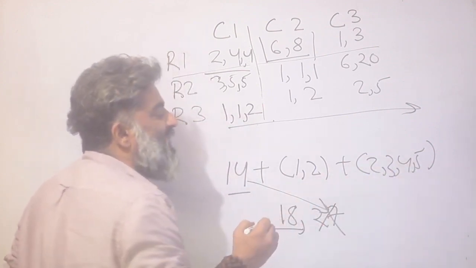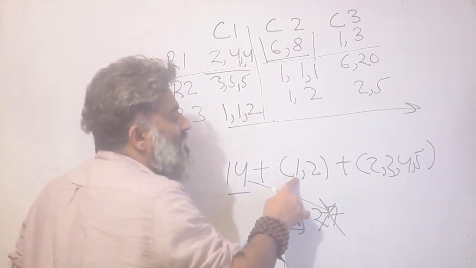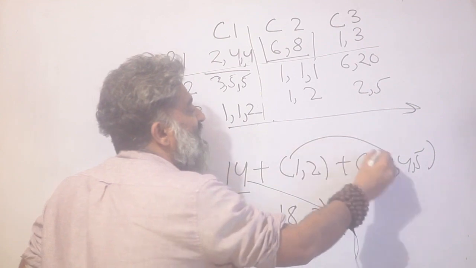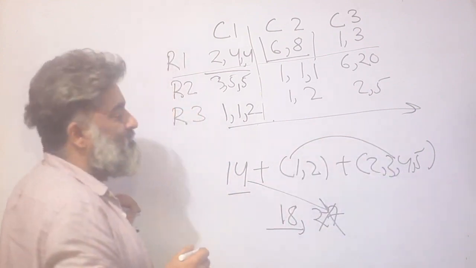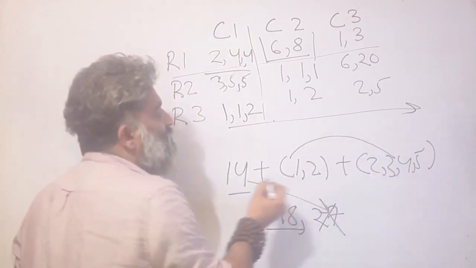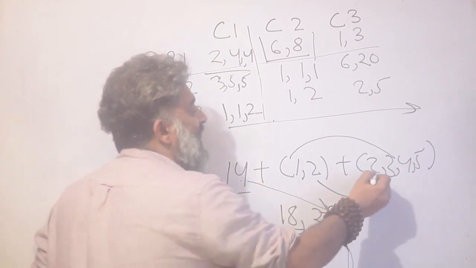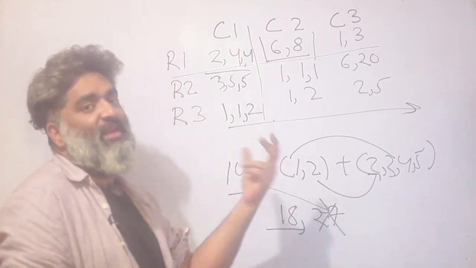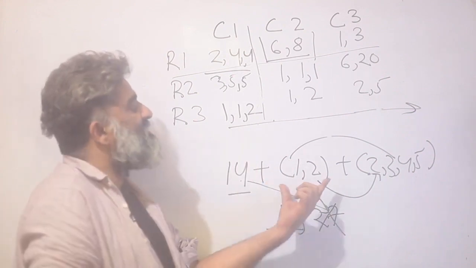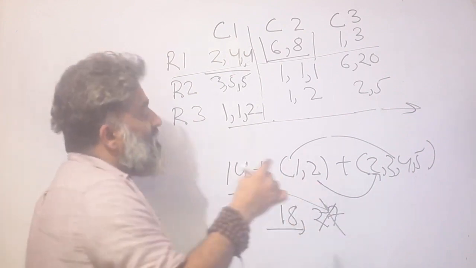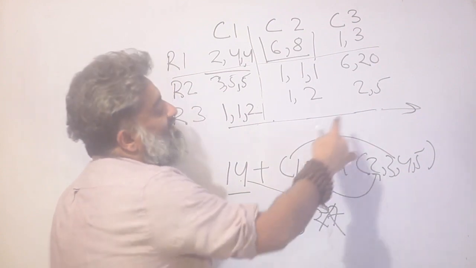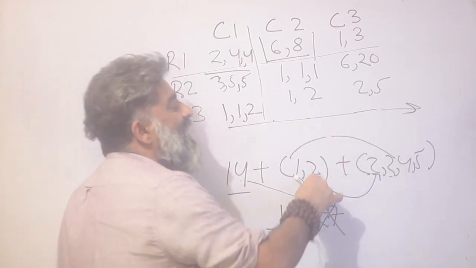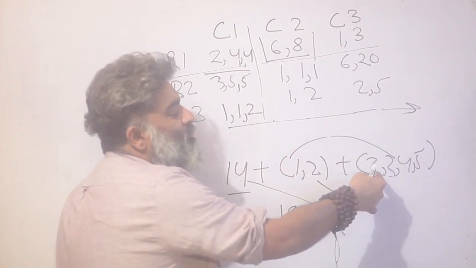That means I'm looking at 18. 14 plus 1 will give me 15, and 15 plus 3 can give me 18. So this could be one of the stories. Or I could go for this story, 14 plus 2, 16, and plus 2, 18. So if I go for row 3, I'm getting 2 possible stories. The third pouch could be 1 and the other 3, or vice versa, or one could be 2 and the other for the other story would be 2 as well.